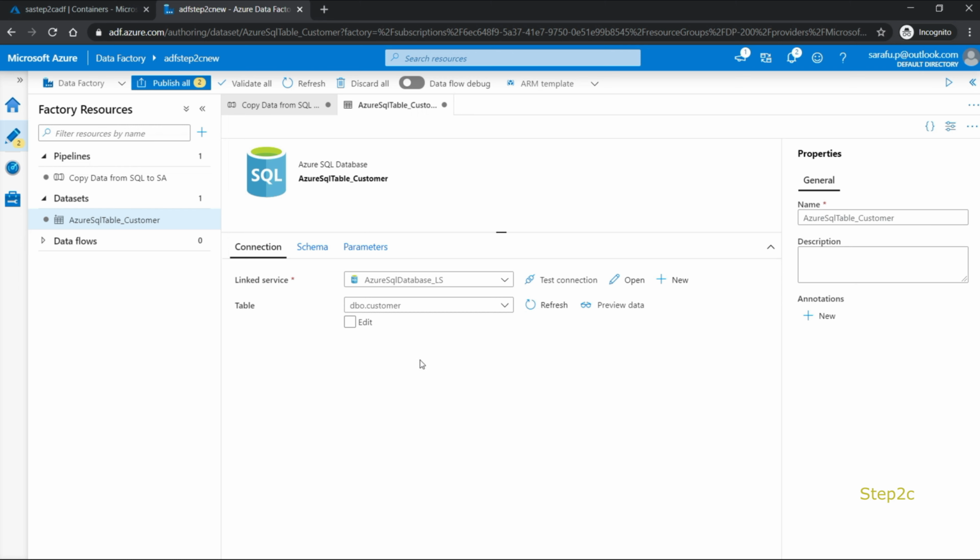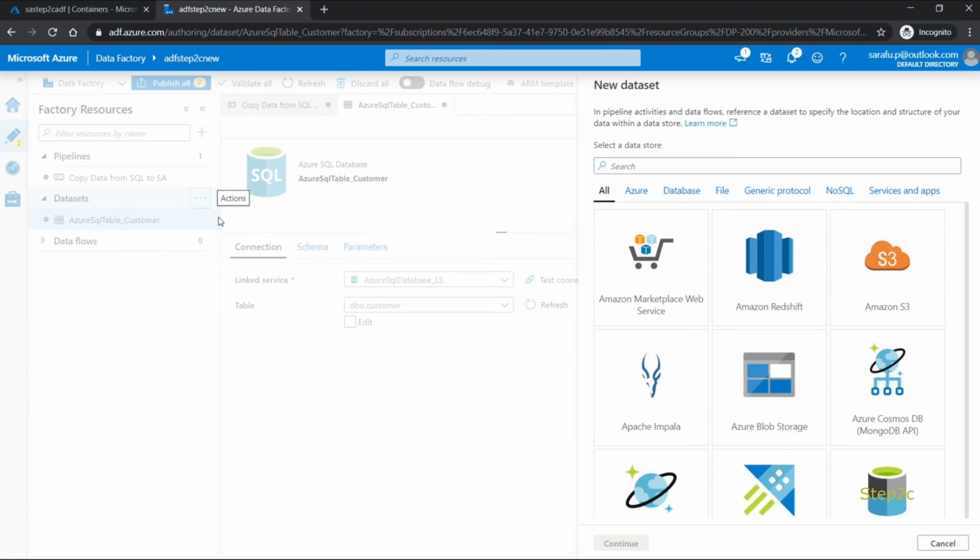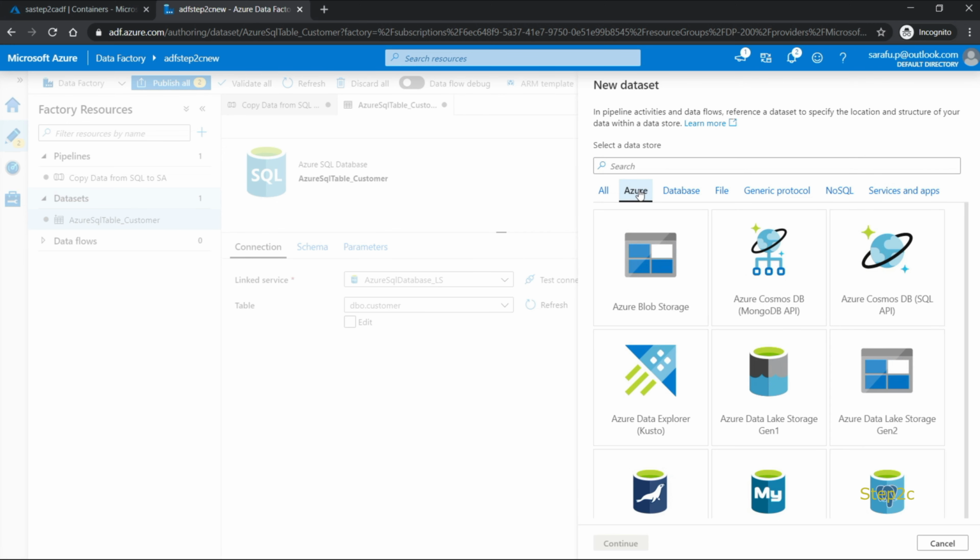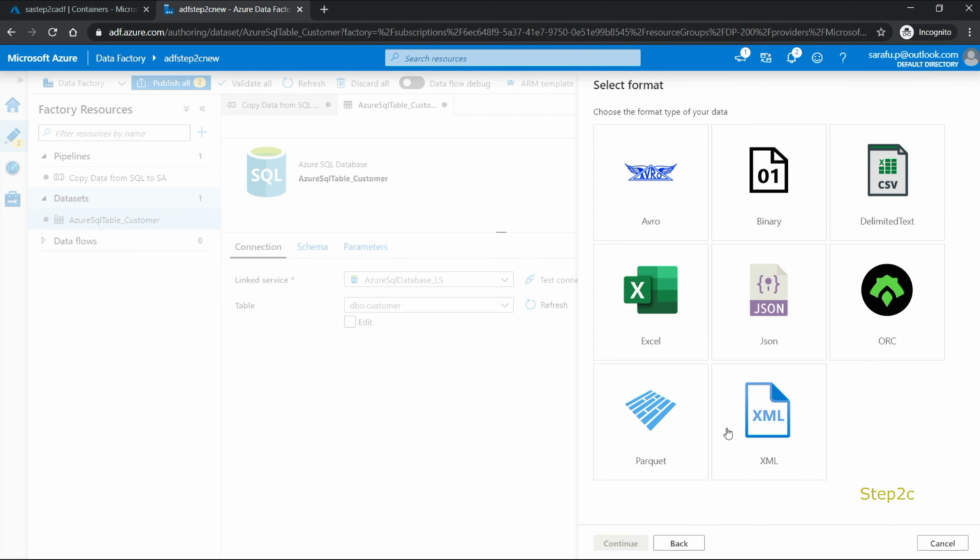Now we need one more dataset to save the data into a destination, and I'm going to create a CSV file. So let's select Azure Blob Storage and click continue.